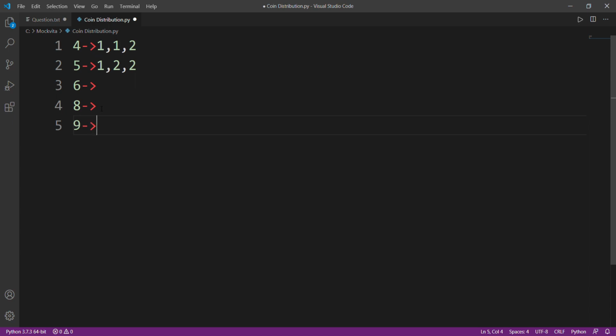When I come to 9, at 8 we had a problem in making 4. But now when I come to 9, if I choose a 5, and if I take a 2, a 1 and a 1, with the help of 2, 1 and 1, I can make 4. And with the help of 1 and 2, I can make 3. With the help of 1, I can make 1. With the help of 2, I can make 2. So since I am easily able to make the values 1 2 3 and 4, after that I have an option that I can now use 5.